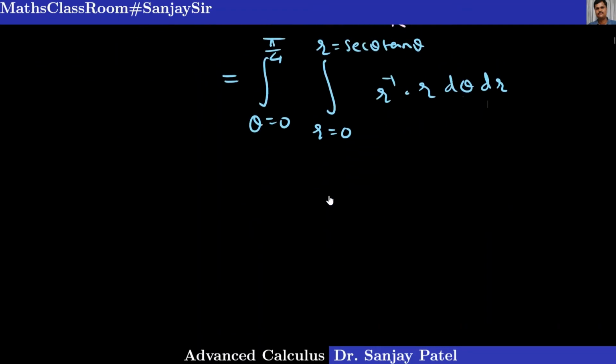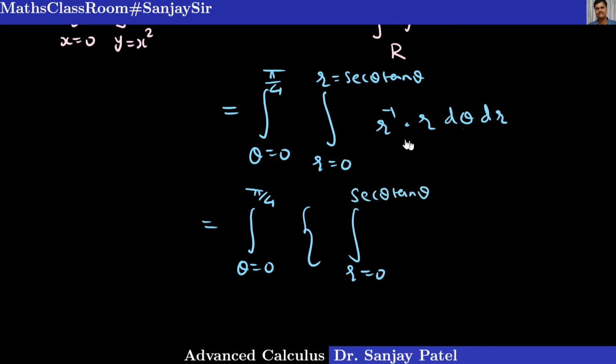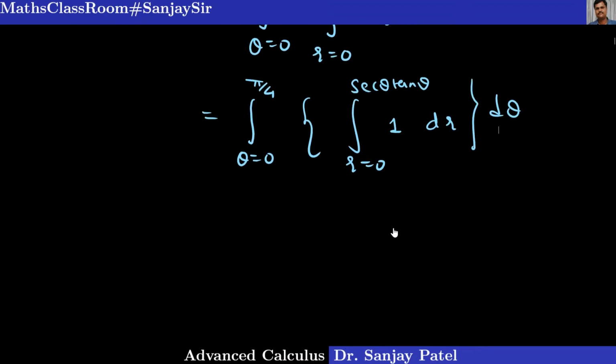So this is equal to the integral of theta from 0 to pi by 4, into the integral of r from 0 to sec theta tan theta, of r to the power 1 minus 1, that is 1, dr, and then it is to be integrated with respect to theta. Okay, so simplifying further, what we get is theta from 0 to pi by 4,